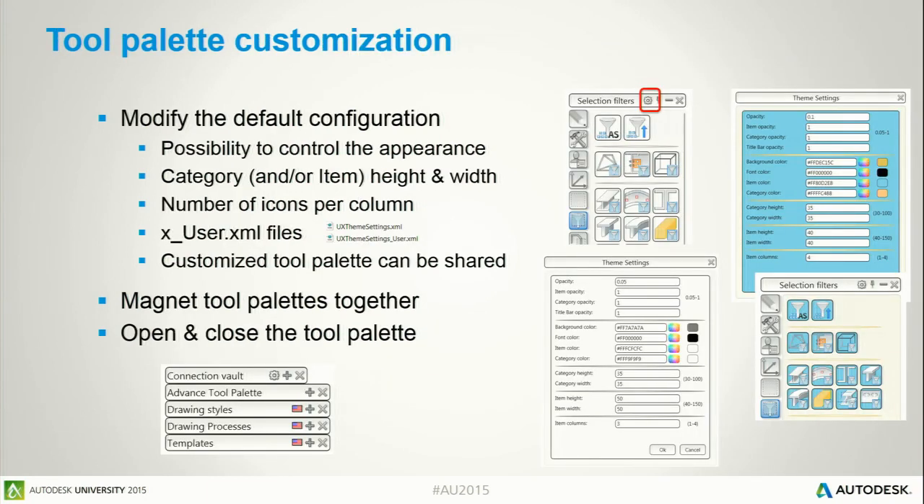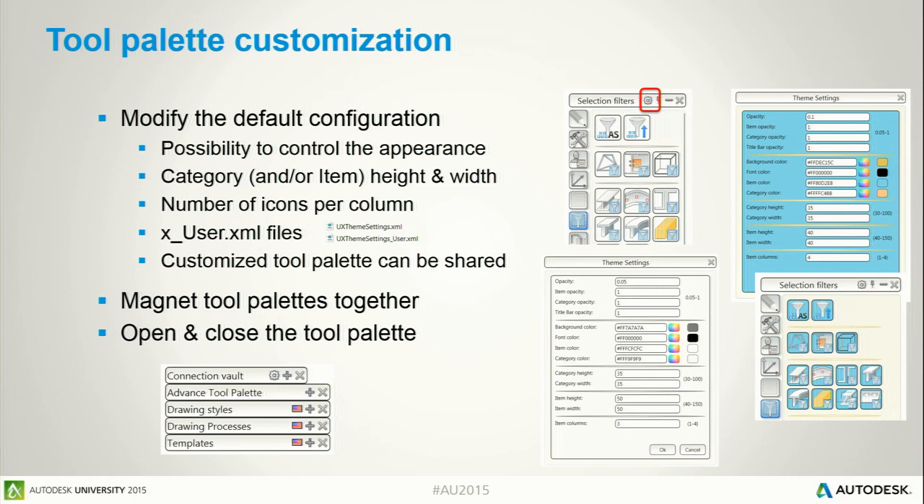I would like to explain how you can customize the tool palettes a little bit. In Advanced Steel, we have the ribbon, but we have the possibility to display some tool palettes. So we have a tool palette which contains a lot of possibilities here to copy, join, to filter, to search